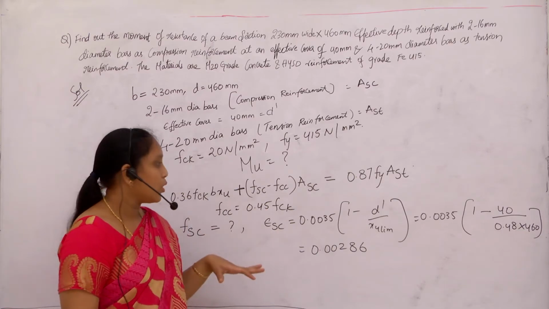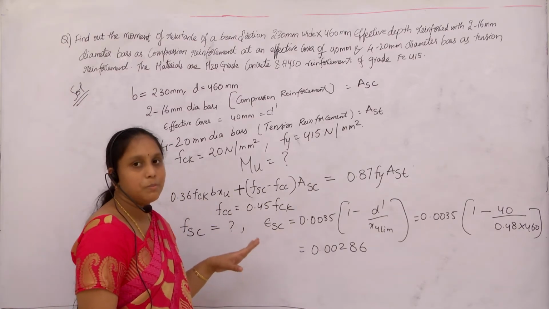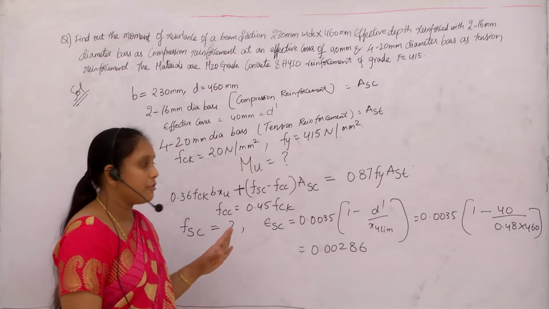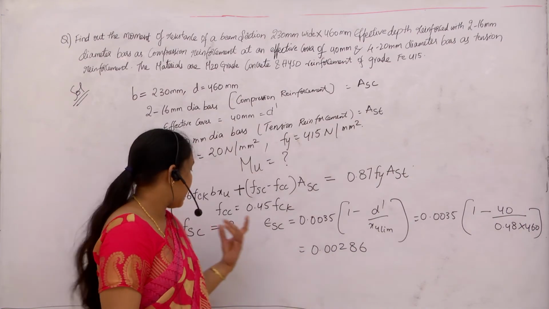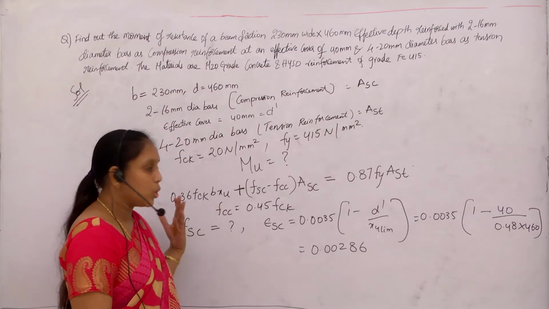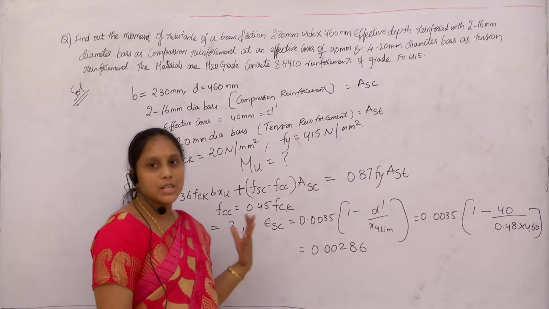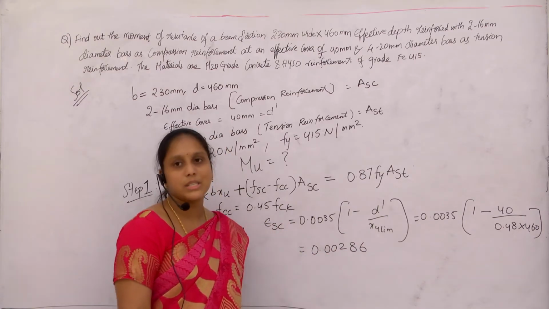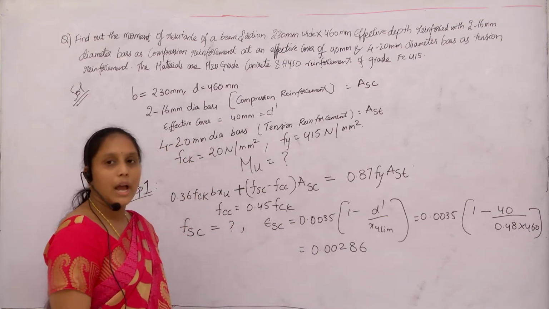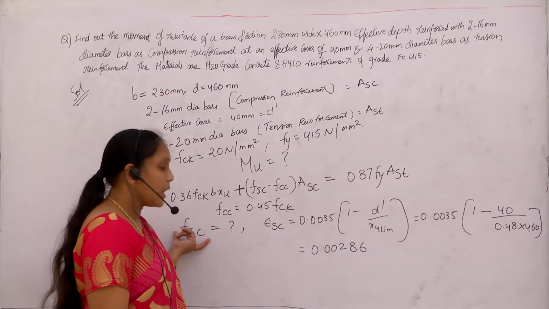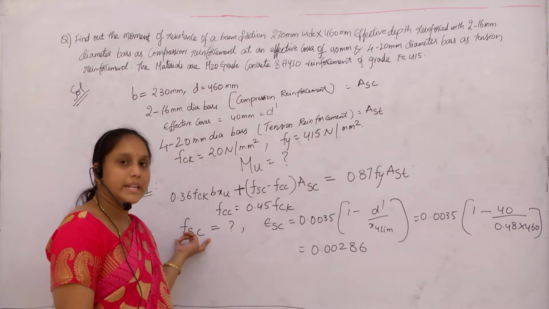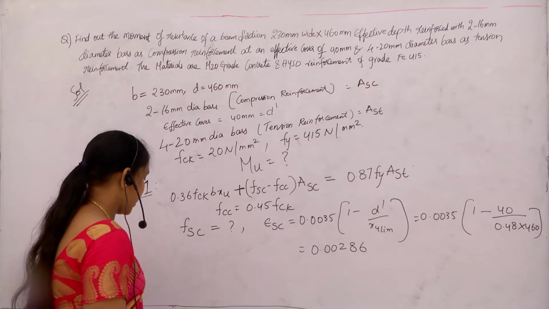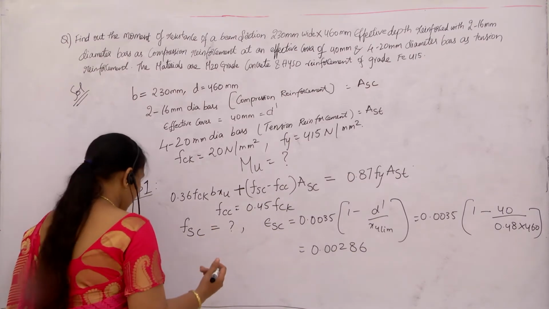So go to the table which is given in SP16 table A. You will find a set of values for different grades of steel, the fsc values. From that you have to calculate. Suppose it is an intermediate value, as here, where I got 0.00286, which is an intermediate value. Now what do I have to do for this fsc value? I have to go for linear interpolation. So first let us do the linear interpolation. How will I do it?